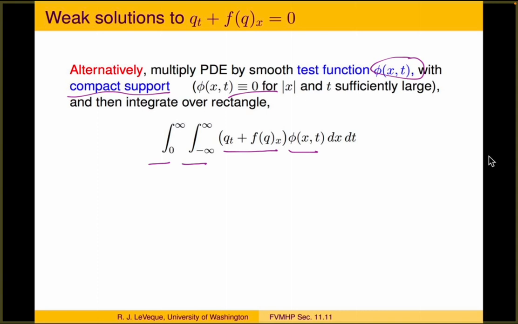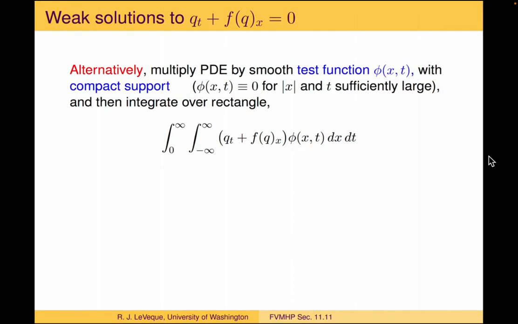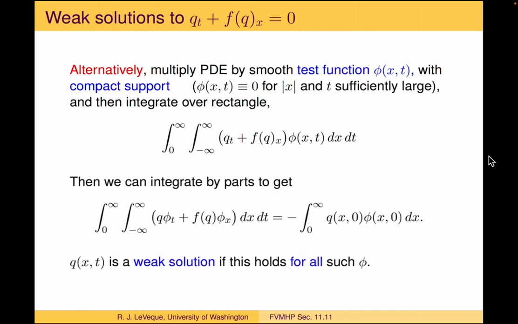And again, this test function phi is chosen so that it vanishes when t is sufficiently large. So these integrals here, even though they're over infinite domain, they really reduce to integrals over a finite region. And the function phi is smooth. So what's the advantage of doing that? We still have the derivatives on q and f of q here, which aren't smooth. But now we can integrate by parts, and we can move those derivatives from q and f of q onto